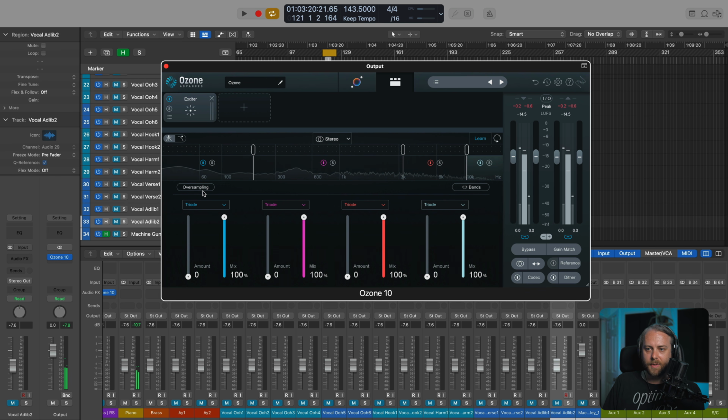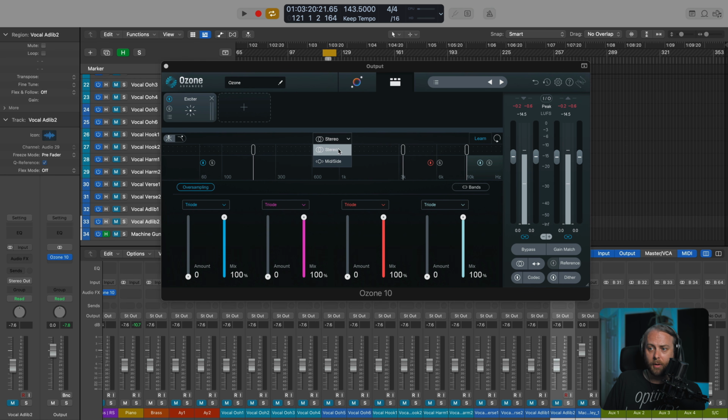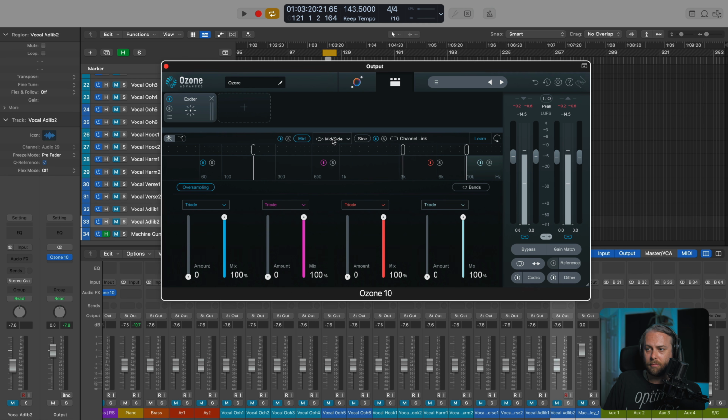You want to engage oversampling, which means that you will probably get a bigger CPU footprint, but you're going to get less aliasing distortion when you really drive things with the exciter. So it's there to kind of protect against aliasing distortion. So as you can see, we can affect things in the stereo field or in the mid side, up to you. And oversampling is on. How about instead of doing a super multi-band thing, we just bring one in and go from there.